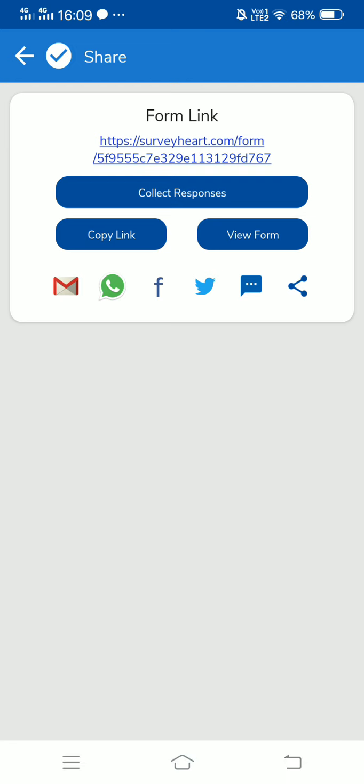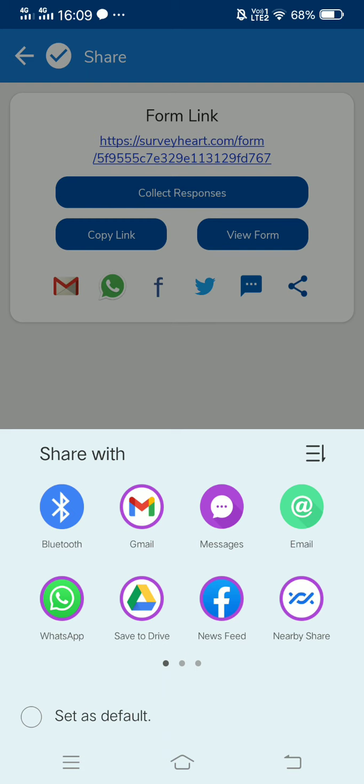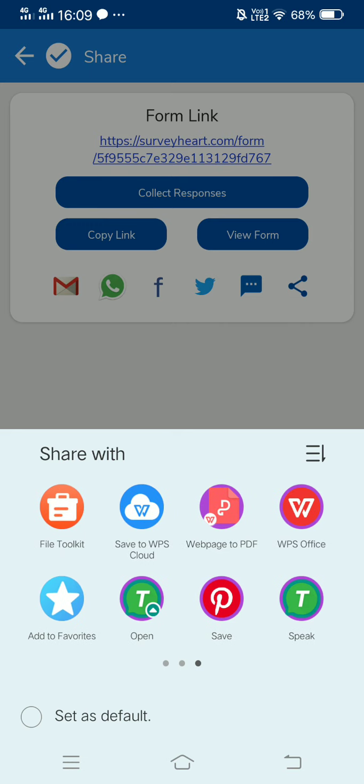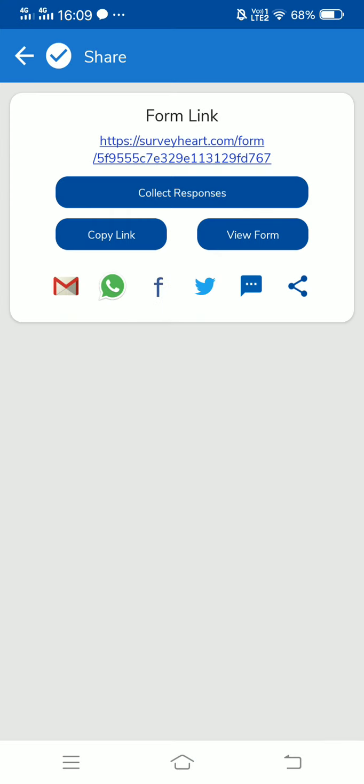And there are other modes of sending as well. You can just save it to your drive and you can send it later. So based on your purpose and targeted audience, you may choose any of these.